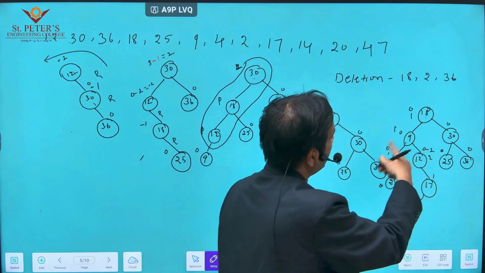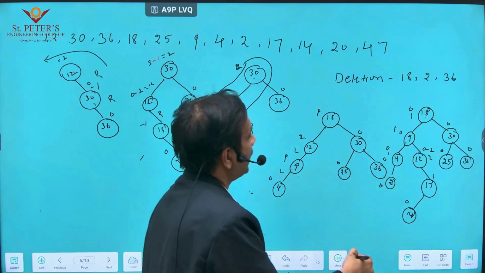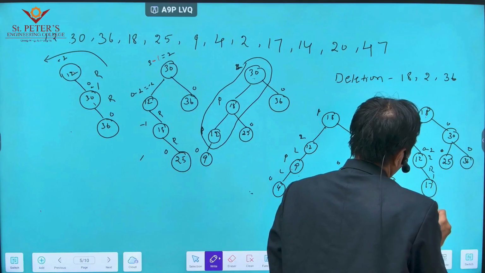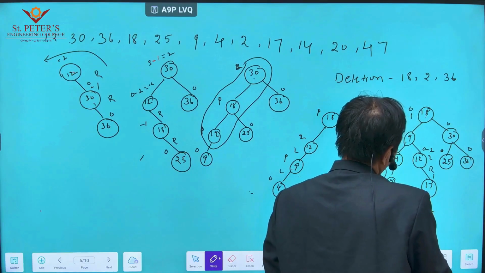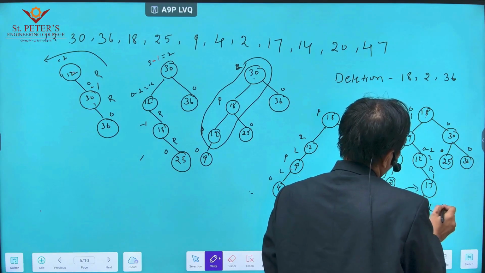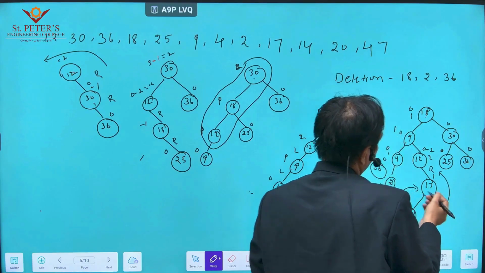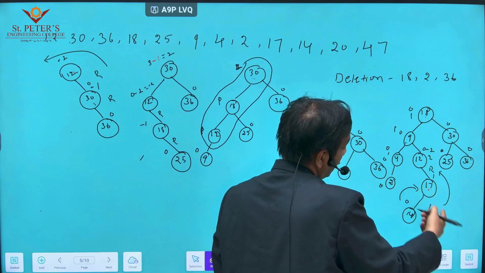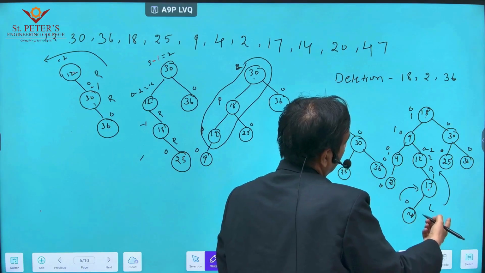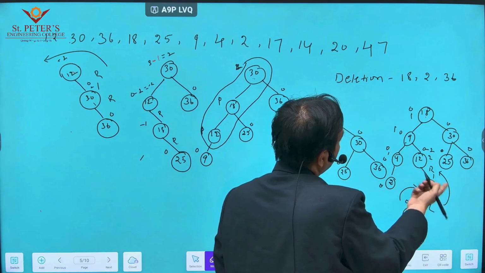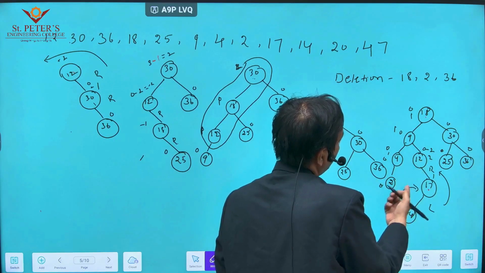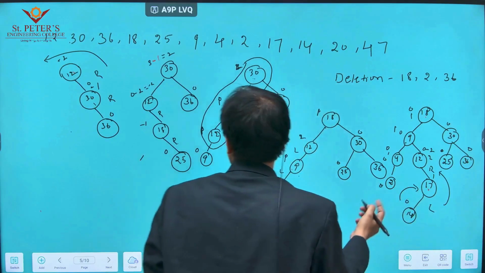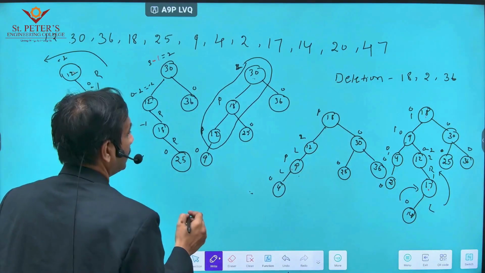Now we convert this tree into a balanced one. Here we perform what is nothing but a right left rotation. First we need to perform the right rotation. After that, next we perform the left rotation. In that right rotation, 14 will go to here and 17 goes to the child node. Next, after rotation, 14 goes to the root node, 12 goes to the left child and 17 goes to the right child. So after that conversion,